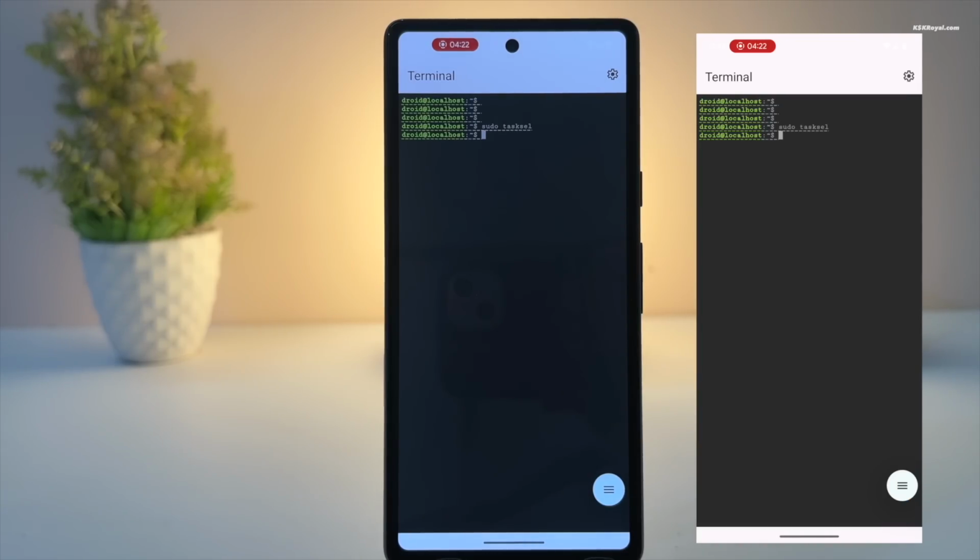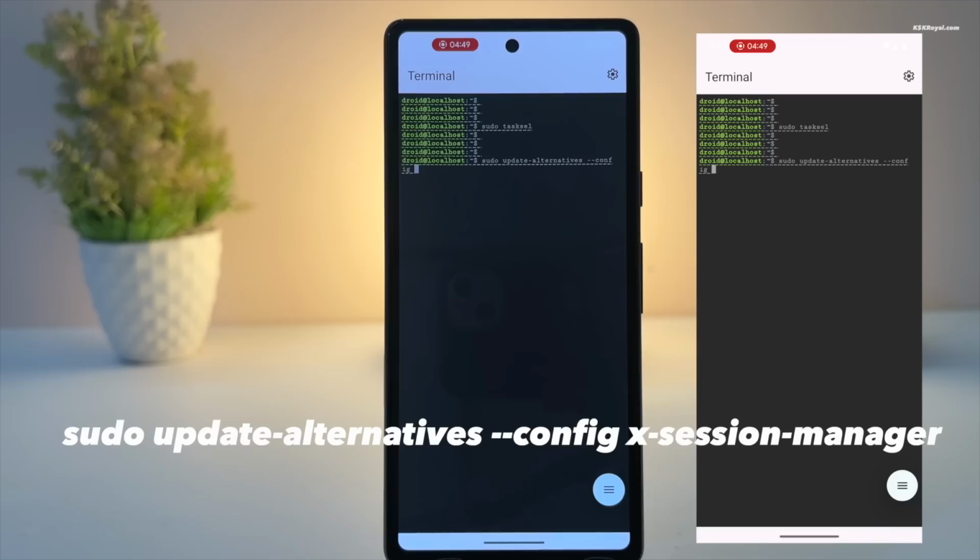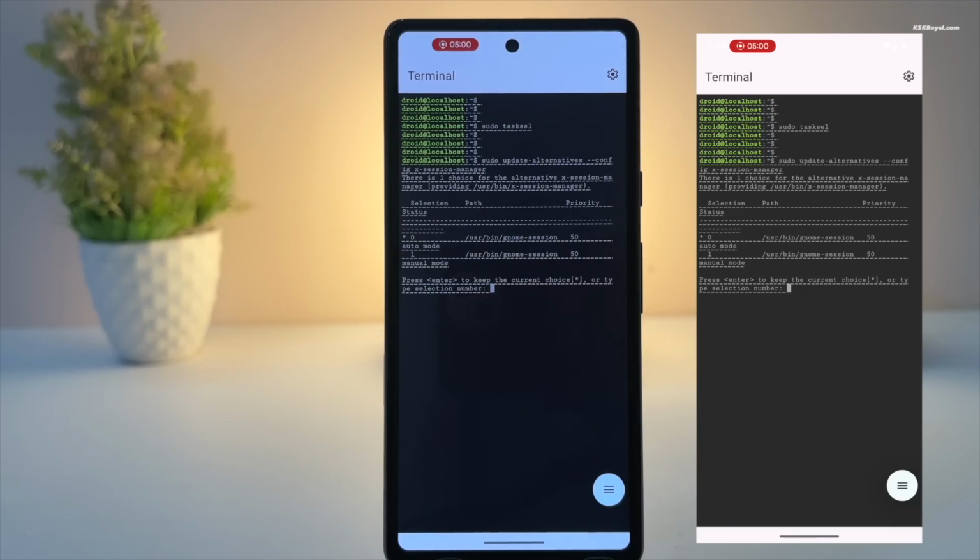Once the installation is complete, set the default X session to ensure the desktop environment launches correctly during the VNC session. Just go ahead and run this command to view available sessions and select your preferred environment.